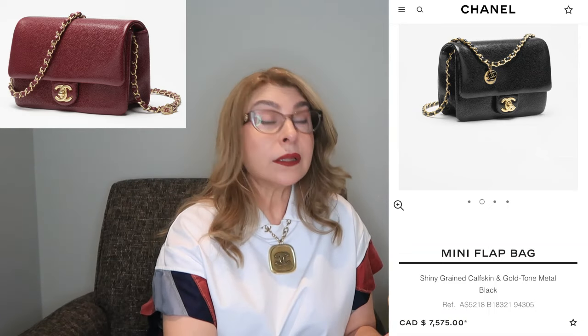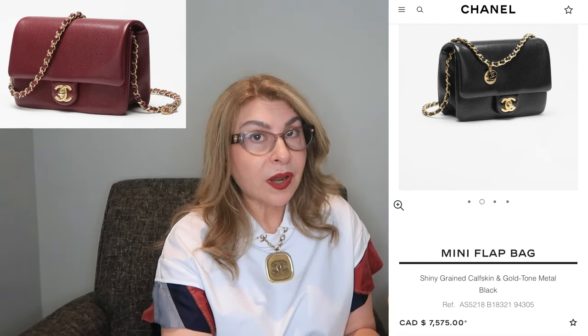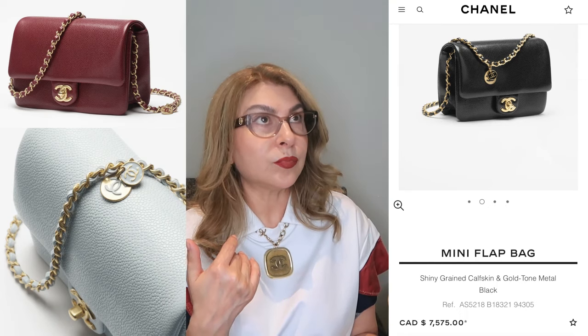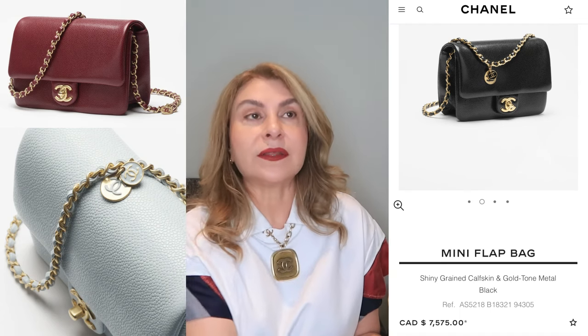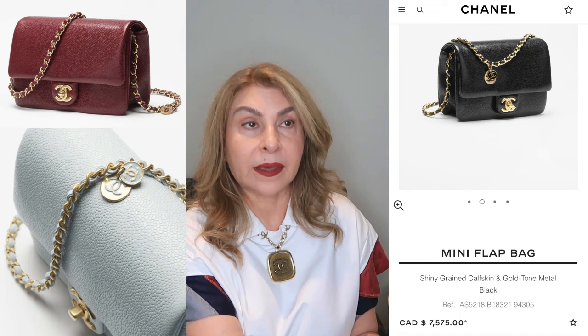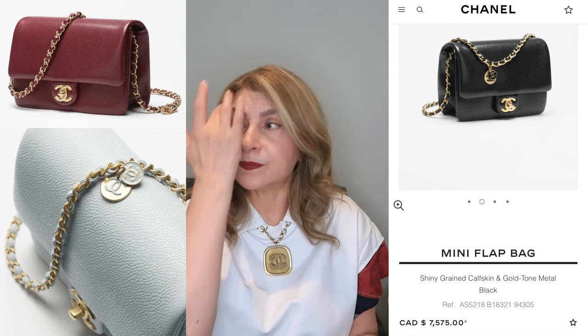Another seasonal caviar bag, and I already saw some people speak highly of this handbag. I'm not quite sure, because it looks like a classic. It almost looks like a classic flap, but without quilting. It's in caviar, and I noticed nowadays if Chanel launches something and wants assurance that it will do well, they do it in caviar, because Chanel doesn't produce caviar as much right now. So pretty much anything, even a seasonal handbag, if it's in caviar, ooh la la, everybody wants to buy it. I think it's a nice piece to have in your collection,